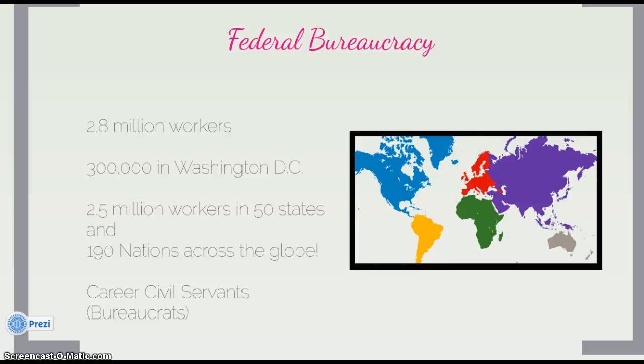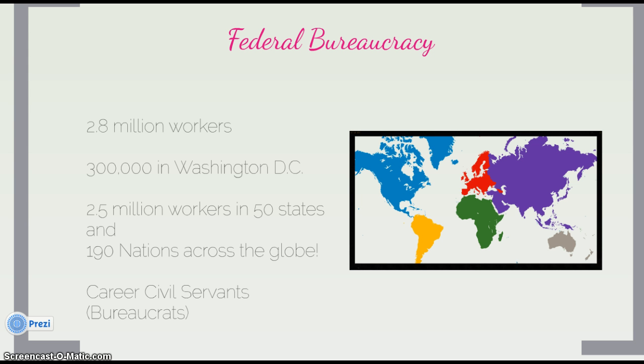nations across the globe. So we can say this about the federal bureaucracy. It is a truly global organization, though it deals with the United States of America and our laws and our regulations, and it works for the president to help him enact those laws, to execute those laws, to study proposals, to interact with Congress, to interact with the public. But it is, in fact, present not only all across the 50 states, but throughout the globe. So that's a rather interesting idea.